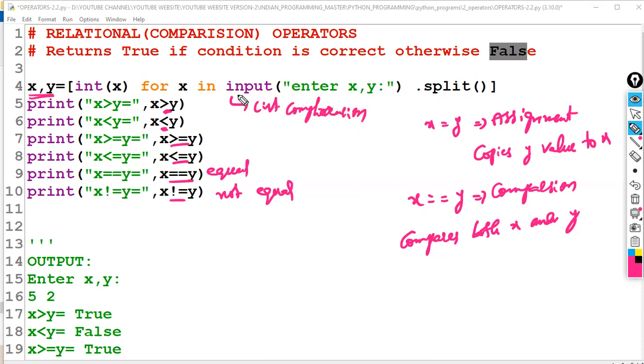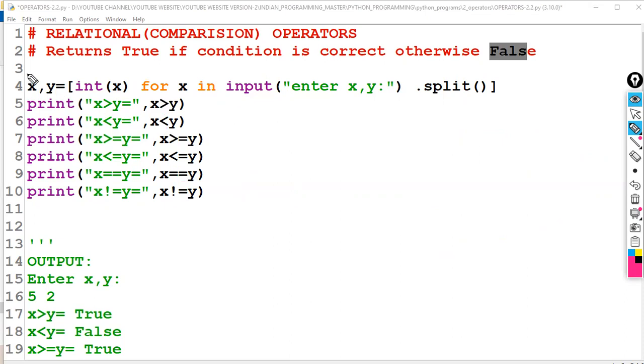What I'm doing here is reading the input and splitting it with the help of the split function, and I'm using the for loop here, for x in. So whatever value I'm reading multiple times, I'm converting that value into int with the help of the int function. Okay. So here, for example, if I enter x equal to 5 and the